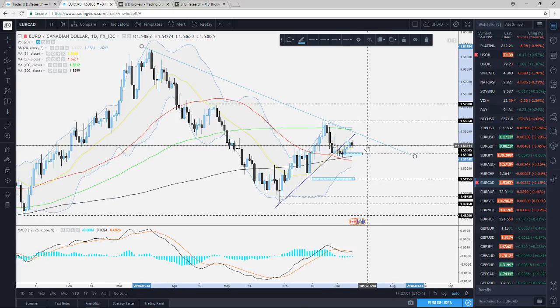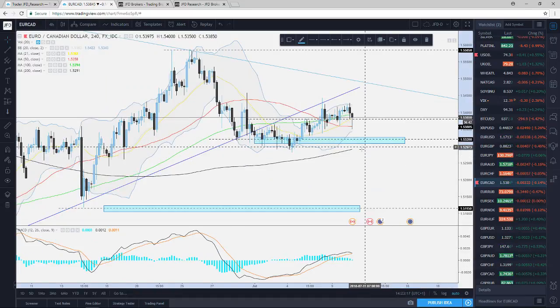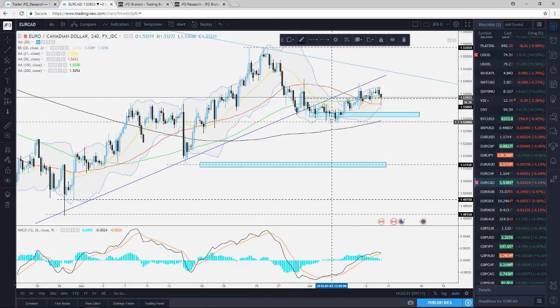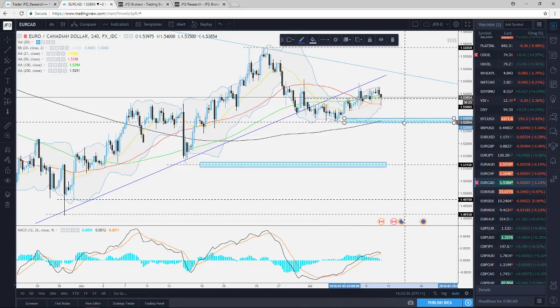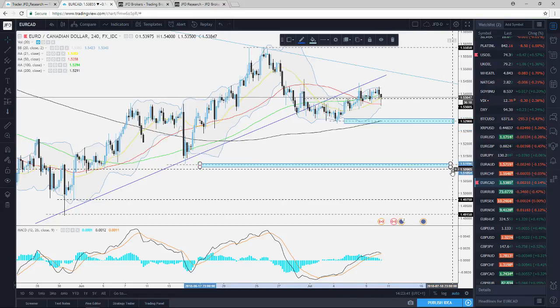Certainly we can see that we do have a good level of support here at the moment, where the rate is trading right now. Let's put a 4-hour chart on this one, as it will be a clearer picture. So we can see that it's getting held here by this 153.800 mark approximately. For us to become even more bearish on this one, we would need to see a nice break below this 152.900 in order to consider further declines. Even a good target could be this